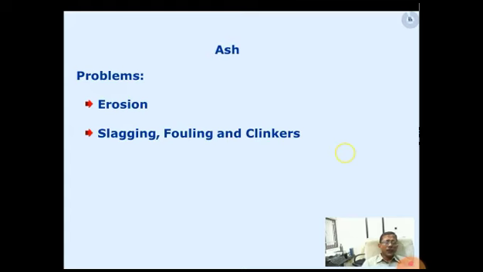And this slagging, when it accumulates and then gets solidified because of cold air coming to this, it forms a very hard, glassy type of solid formation, which is called clinker. Now, clinker is one of the major problems in FBC boilers also. When we talk about the FBC technology, we'll see. That's why we have to be very, very careful about the bed temperature control, and always take this ash fusion